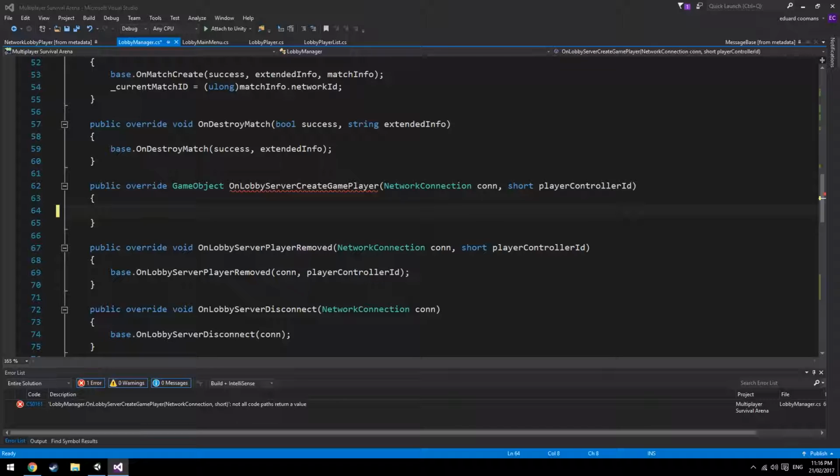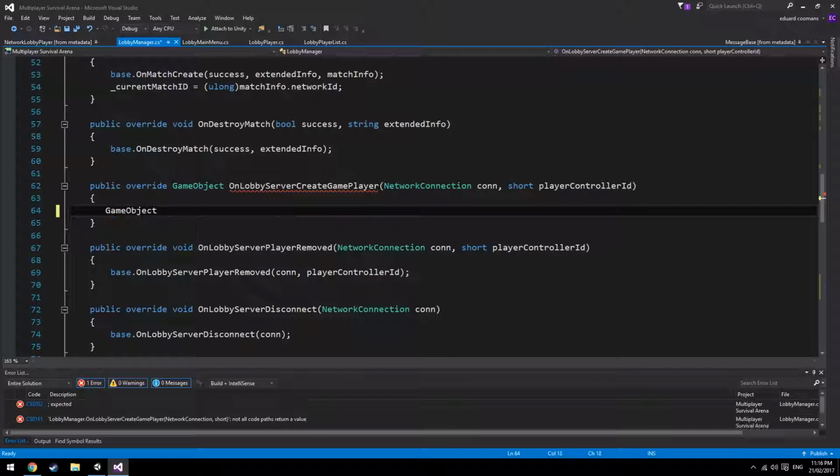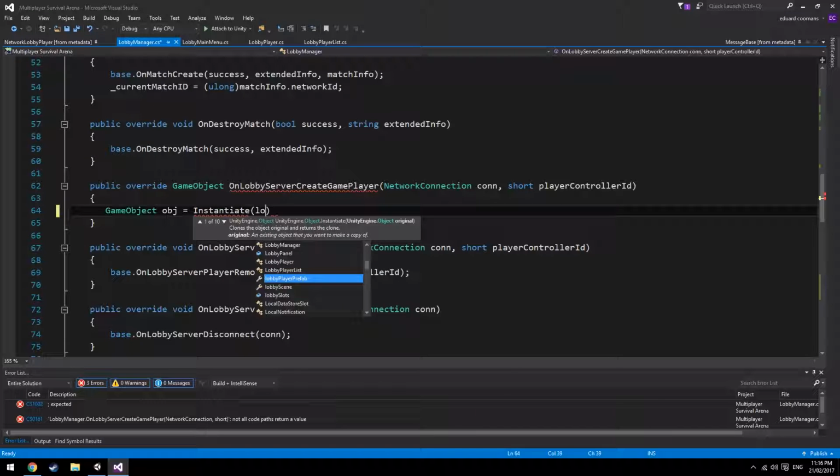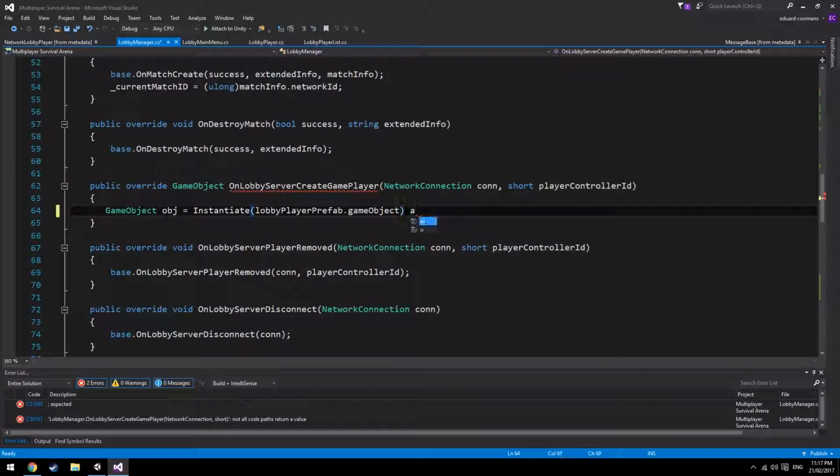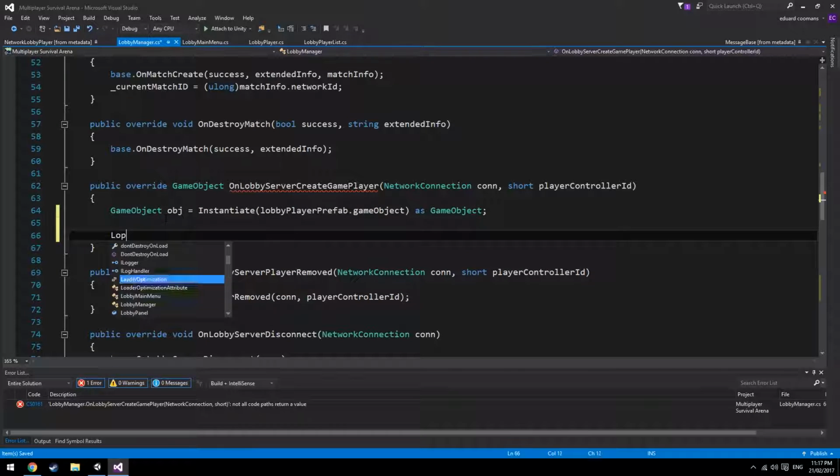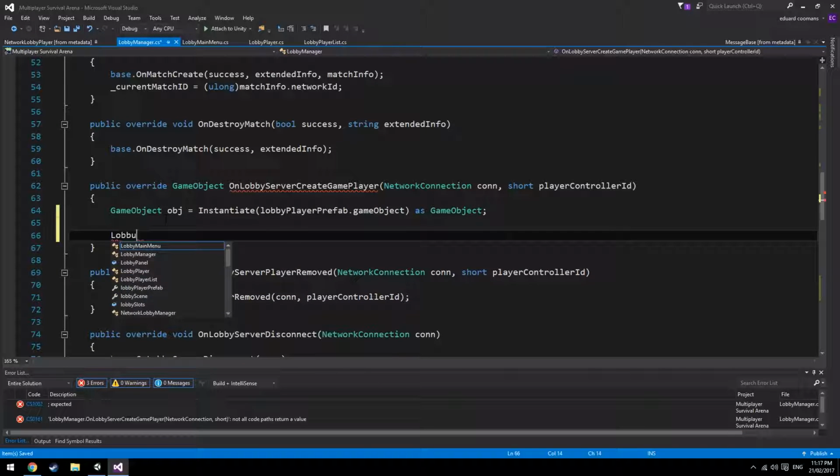So the on client connect isn't called on the host player, so we have to override the lobby player creation itself. So here we're going to say we want to get a game object, and this is going to say object instantiate a new object that is the lobby player prefab dot game object as a game object,